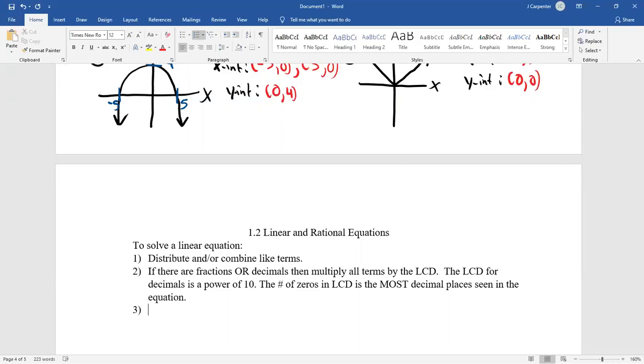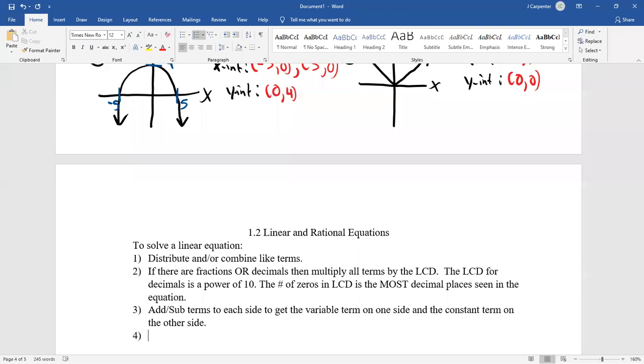Step 3, so after you've distributed and combined like terms, after you've gotten rid of all fractions and/or decimals, add and/or subtract terms to each side. Get the variable term on one side, and the constant term on the other side. You want all your variables on one side, and all the terms that don't have variables on the other side. You do that by adding or subtracting the opposite of whatever you have. So if you have x minus 5 and you want to move that minus 5, you add 5 to both sides. If you had 2x plus 3 and you wanted to move the 2x, because the 2x counts as positive,